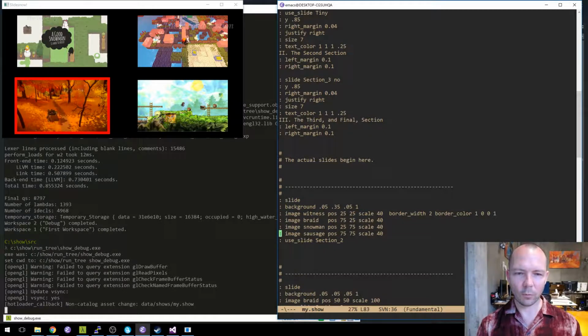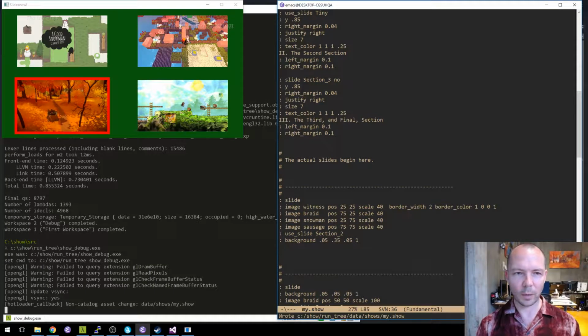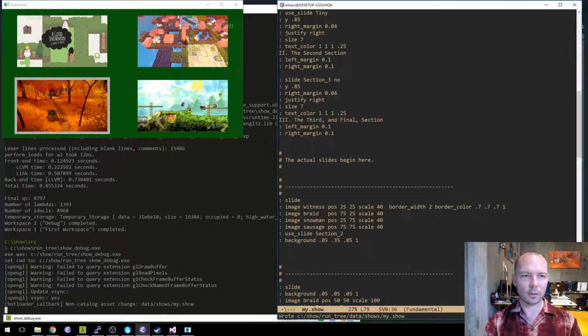Oh, because our use slide overrode our background. Okay, so now we're blending a whitish color with the background color to give us like a transition. It's still an ugly background color, but whatever.